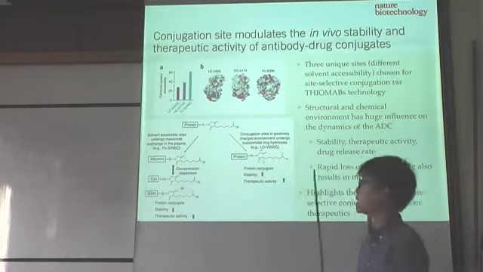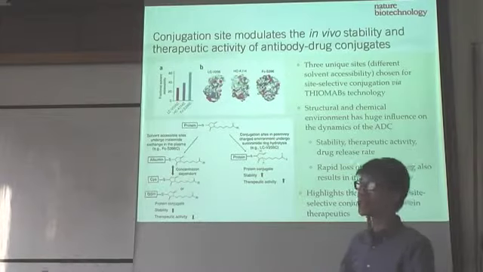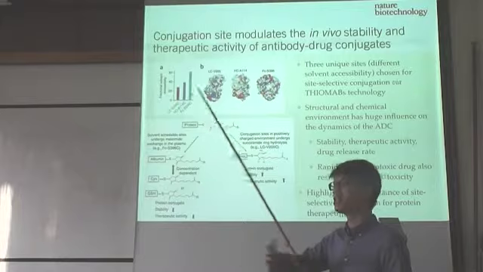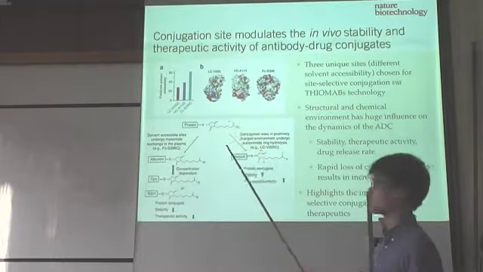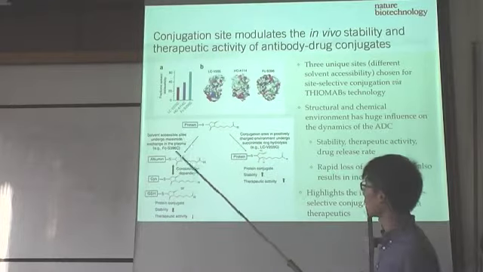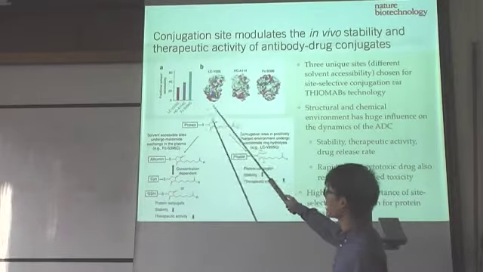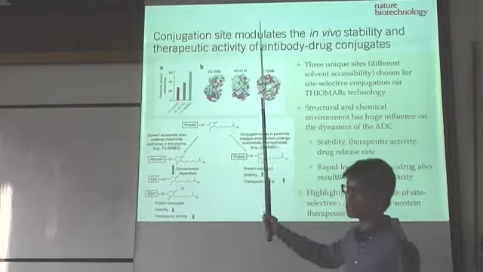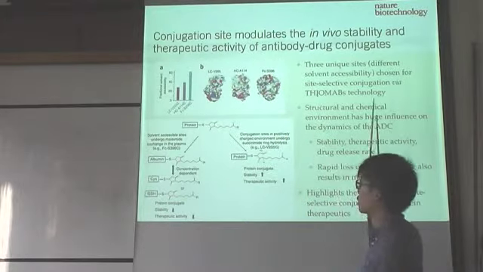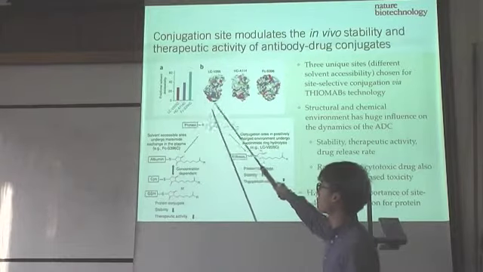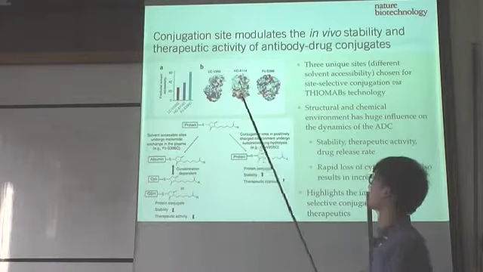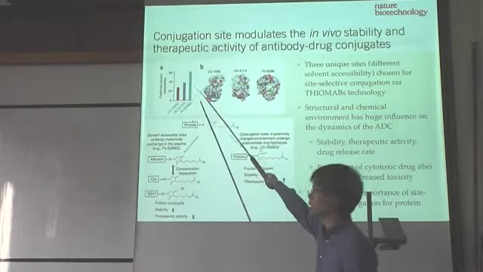So currently, Kadcyla is generated by using lysine chemistry, which means there's a heterogeneous mixture of antibody drug conjugates. However, a study done at Cellarin Therapeutics showed that drugs conjugated at different sites of the antibody would have different effects. So they used the ThioMab technology, and they chose 3 different sites on the antibody with different solvent accessibility. So we have low, medium, and high.